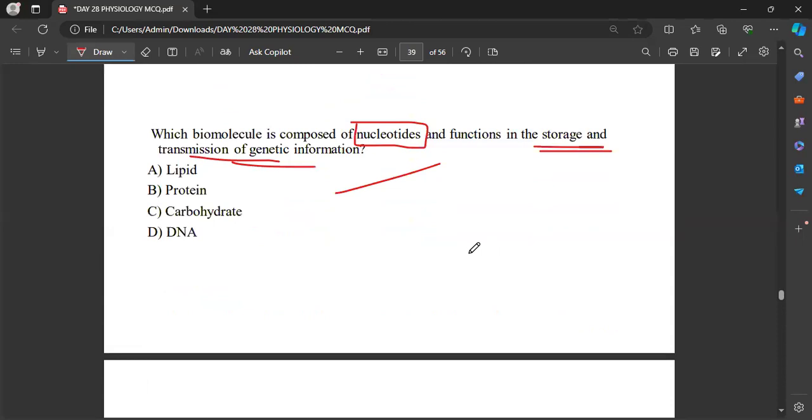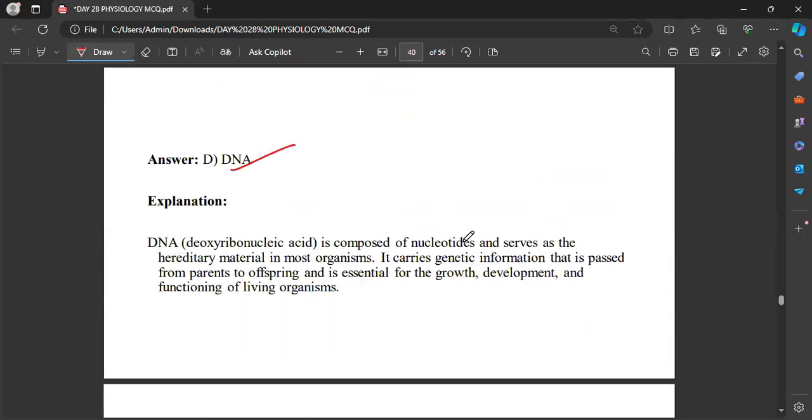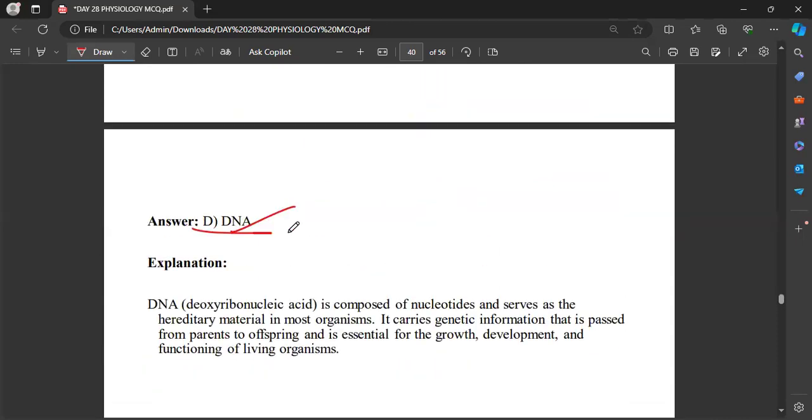Why would it be a protein? I don't think that DNA is not a biomolecule. Everything in our body is a biomolecule. Okay, and